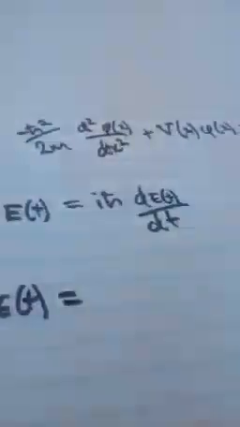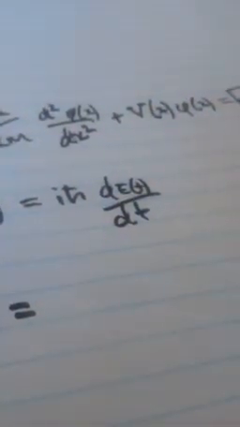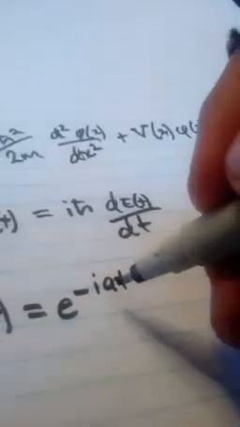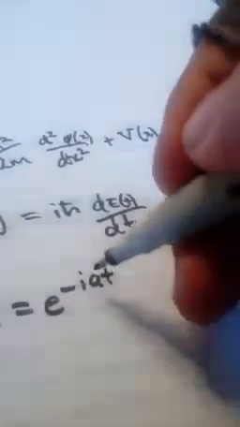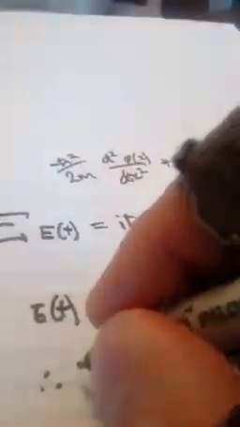But we also know that E of t equals, as I just showed you on the other page, e to the minus iat. Now, some people use omega in place of a, which looks like a curved w, but whatever. You might get confused initially. And so therefore, E equals